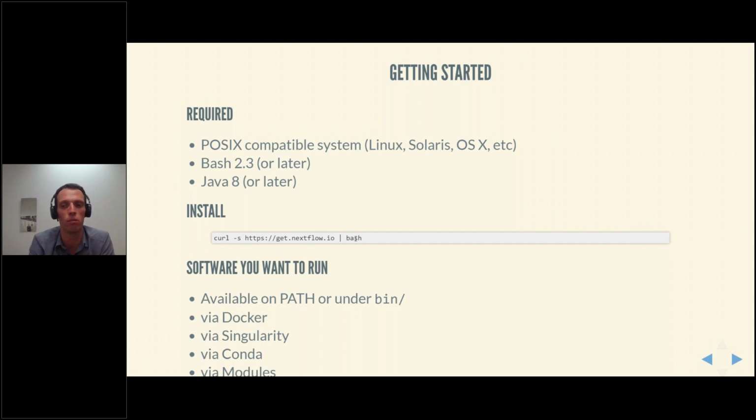And as mentioned before, thanks to the integration with different systems, this can also be Docker or Singularity containers, Conda environment definitions, or on your HPC cluster, you might opt for using the HPC module system that you might have available.